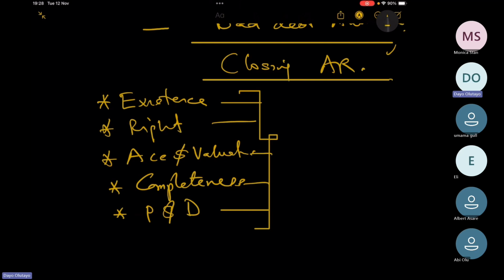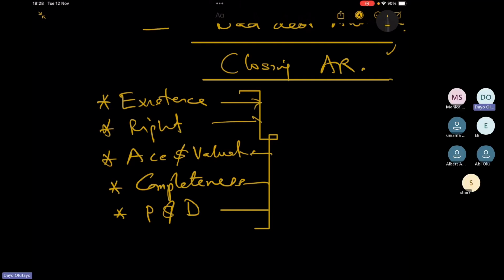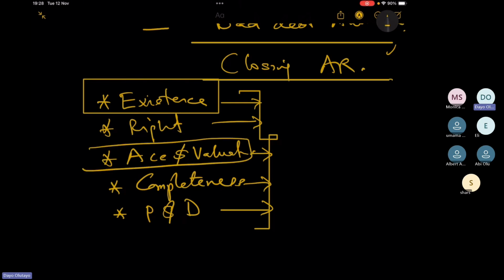And questions can be tricky. They might not even talk about the balance as a whole. They might actually pick one assertion here and say, how do you get confidence, or how would you test the existence of account receivable, or how would you test valuation assertions of account receivable? So you need to know how each assertion